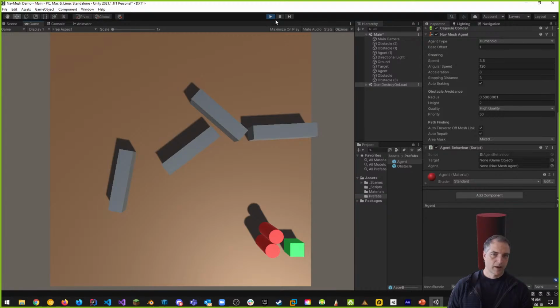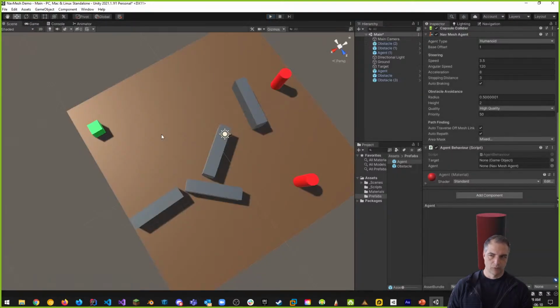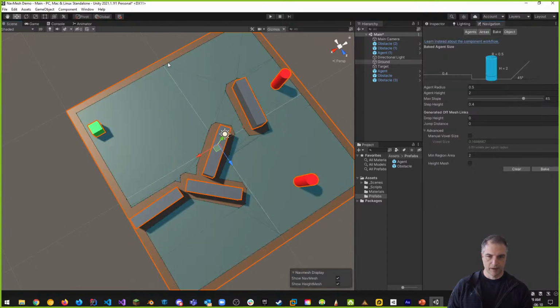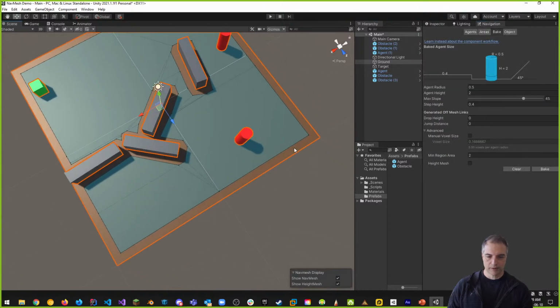All right, questions around nav meshes. So really a nav mesh, what it is, it's a piece of geometry that's being drawn on top of another object. You can clearly see that this is a mesh, a geometry that has vertices, and it's been created by basically taking these vertices or inflection points from the corners of my obstacles, right? Even the corners of this thing, and creating an offset based on the walkable area, which is really the radius of my